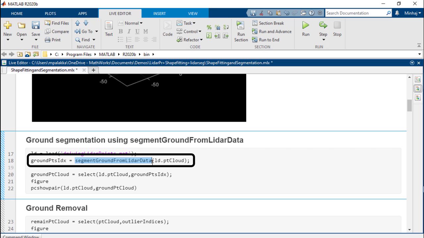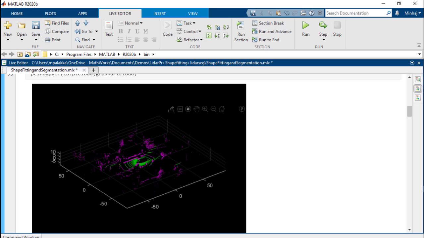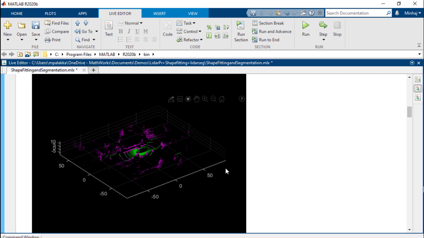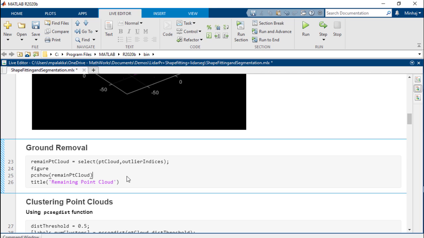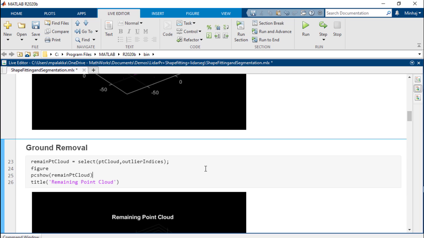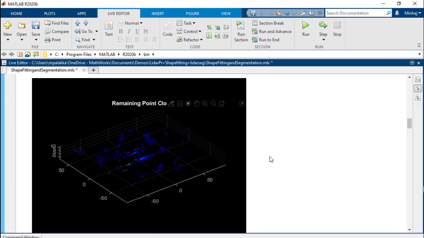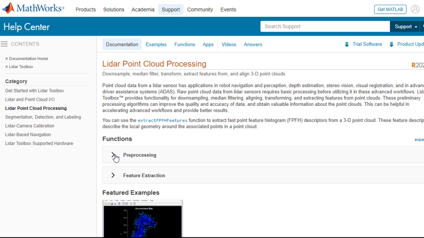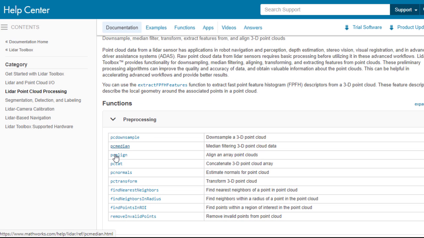This function is designed for much faster execution and should be applied with organized point cloud. After segmenting the ground, we'll remove the ground plane. This is a common practice in automated driving application. This improves processing time and performance. Refer to LiDAR Toolbox documentation to find more pre-processing functions that MATLAB supports.